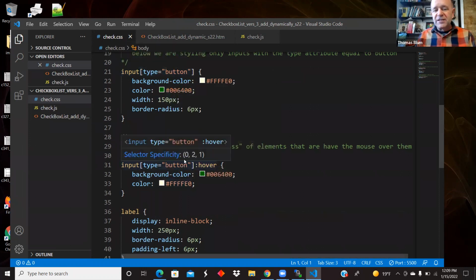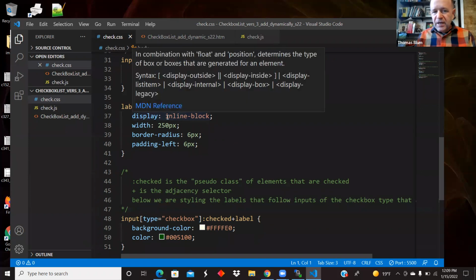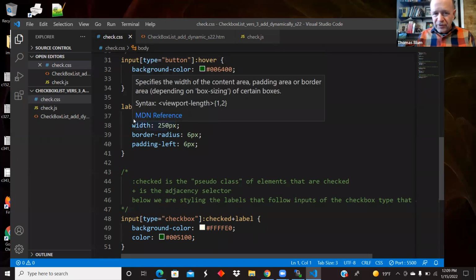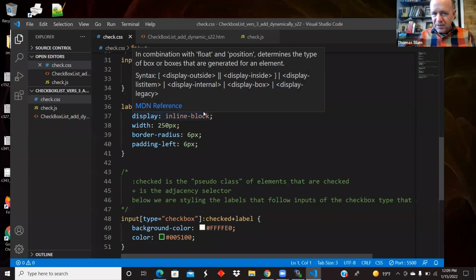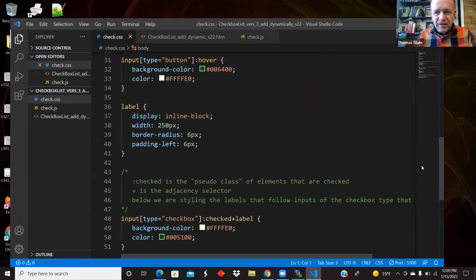Here we're specifically setting the hover state of the button, so when the mouse goes over the button. The label contains the text, sitting next to the checkboxes. Inline means it can share a line with other things, and block means you can assign it a width. So they're going to be on the same line as the checkboxes, but I can give them all a width. So they're not just the length needed for the title of the movie, but they can expand